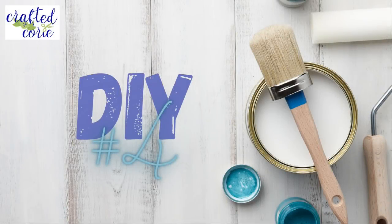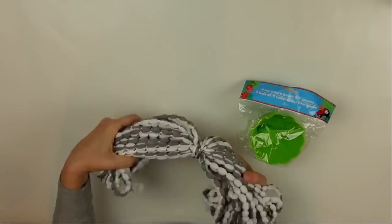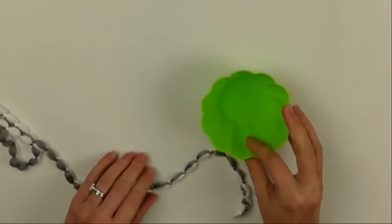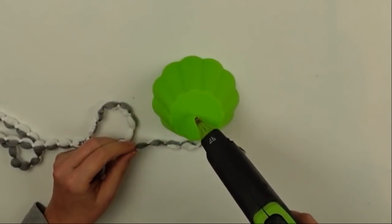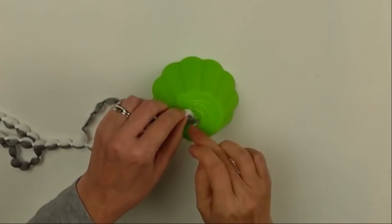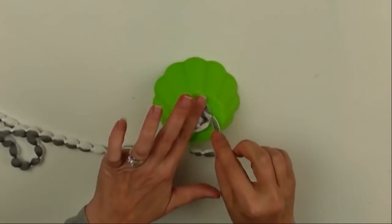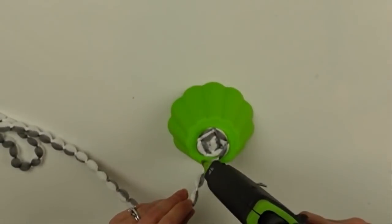DIY number 4. I have these little bowls from the Dollar Tree as well as a mop head. I am going to just grab out one of these little bowls. So cute. I'll set the others away for another time. And I'm going to be using a lot of hot glue. I'm going to be calling this mop head yarn, for lack of a better term, because I don't know what else to call it. So as you can see, I put a good amount of hot glue at the bottom,